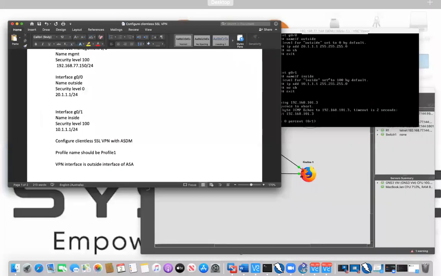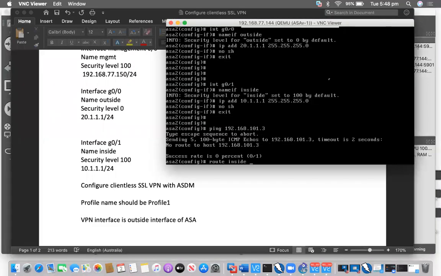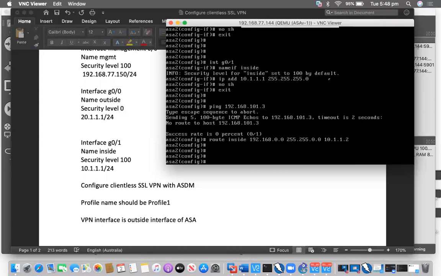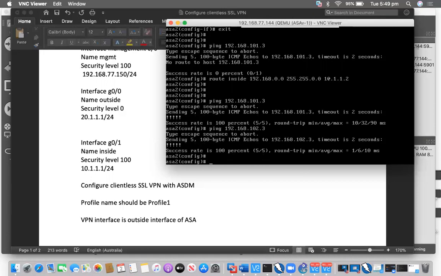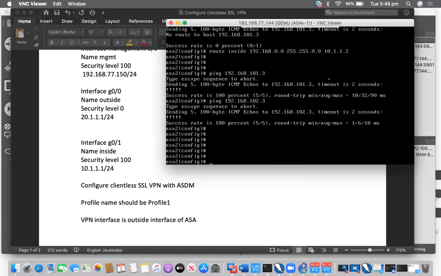So I will provide the route on the inside interface, because that's an inside router, going to the 192.168.0.0 subnet, 255.255.0.0, where the next hop will be 10.1.1.2. So now if I ping that server 1, I should be able to ping, and when I do server 2, I should be able to ping. So now I have total access to server 1 and server 2 from the ASA.